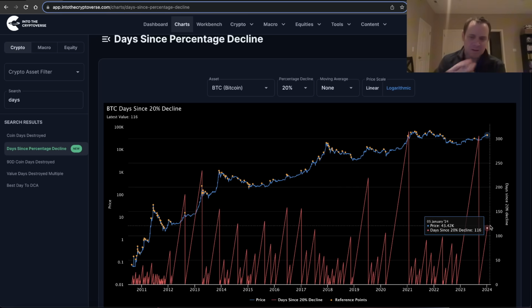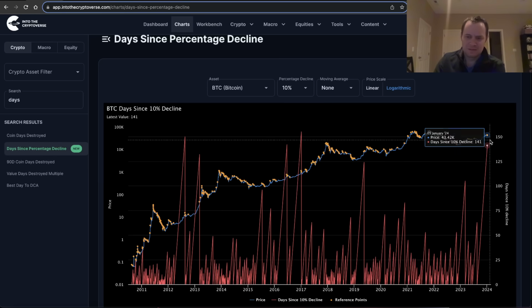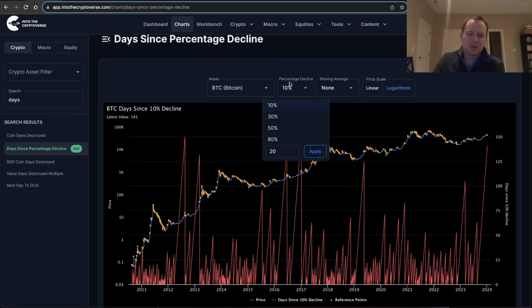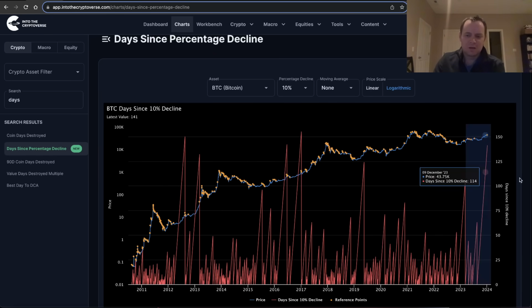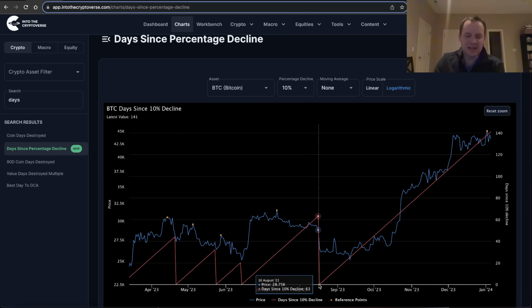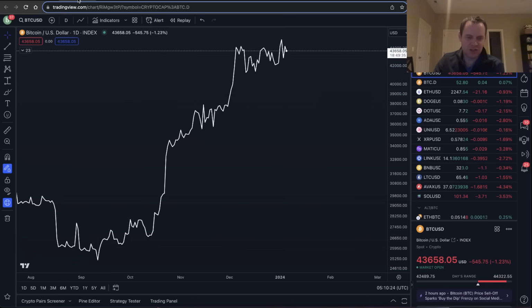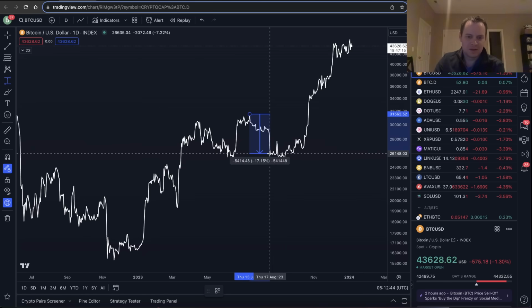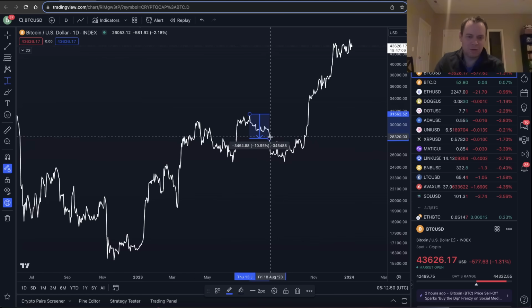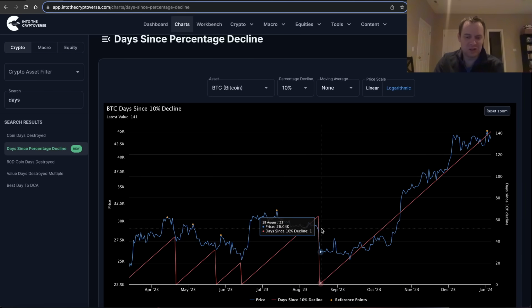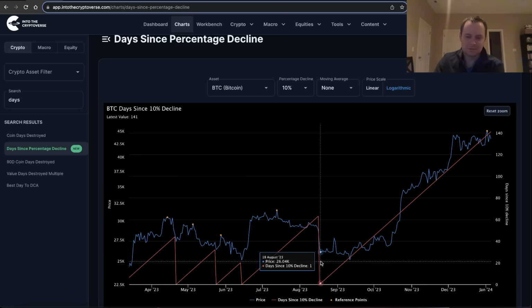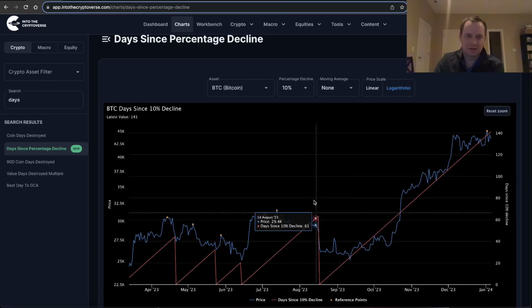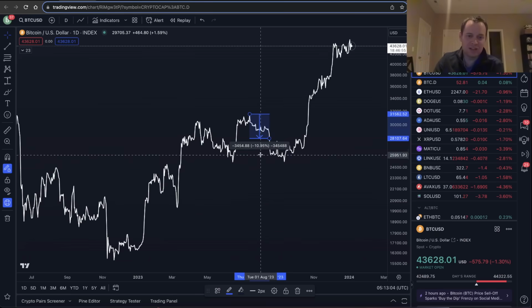Now, how can that be? Because we just looked at this and we had a 10% correction 141 days ago. So the way that it works, if you think about when this reset, it reset in August to have a 10% correction. Because if you go back and look at August, from this move here until August, you can see that right there, Bitcoin had a 10% correction. So then it reset the clock on this chart in August, right? It reset the clock. But Bitcoin did not reach 20% down